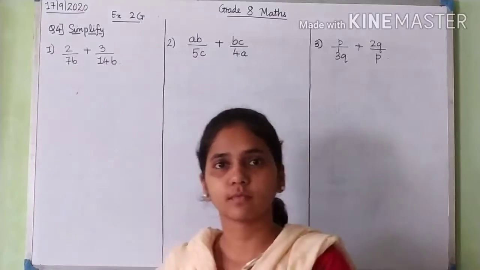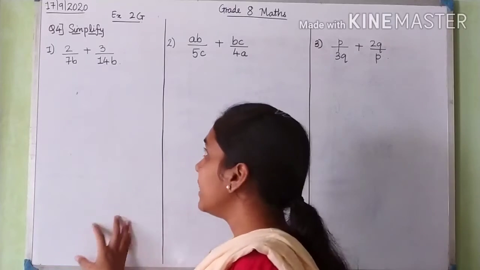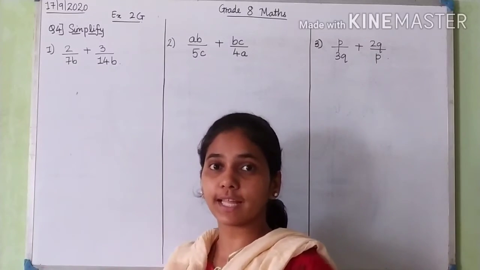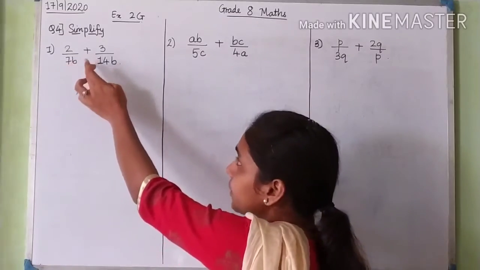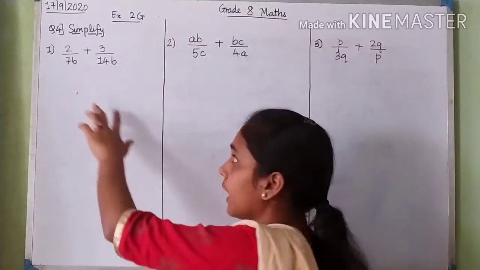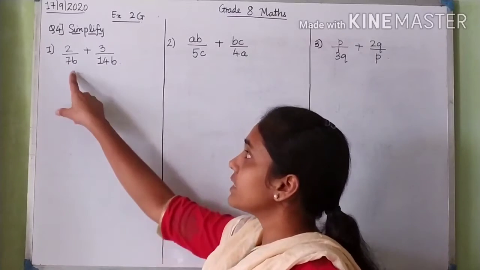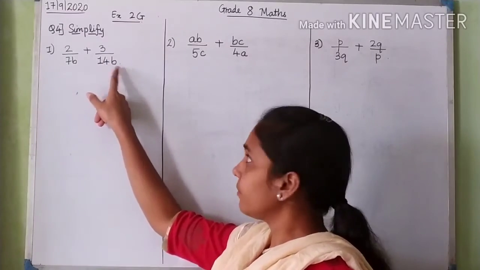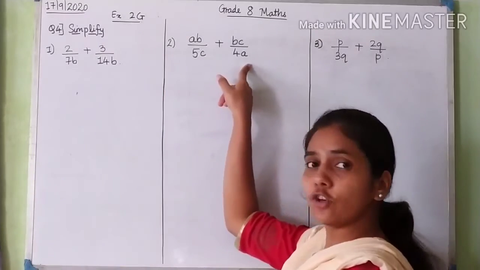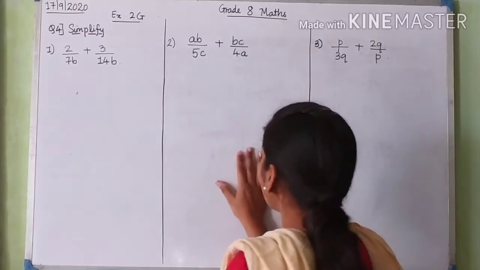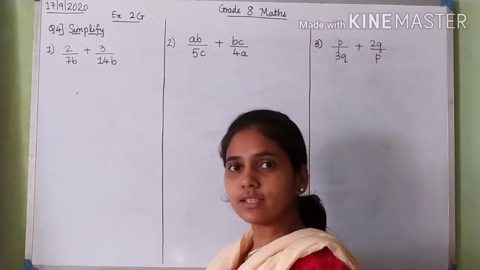Now we go to the third one. Okay, now we go to the fourth question. The fourth question is again simplification, but these sums are a little bit different from the third and the second question. How? In the third question we have seen that there were variables in the numerator and in the denominator there were only numbers, right? But here you can see that there are variables in the denominator also. In this sum there are variables in the denominator, and in this one there are variables in the denominator as well as in the numerator. So these sums, how do we solve? These are a little bit different, but the procedure is again the same.